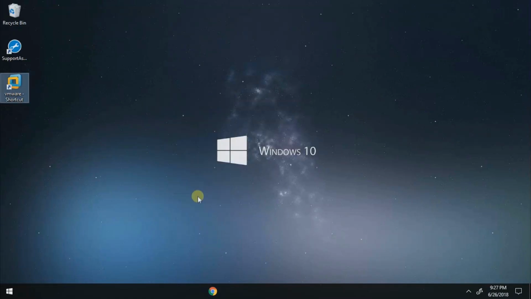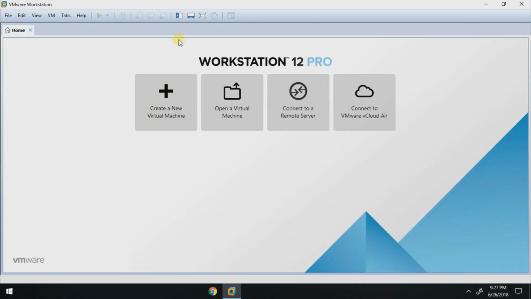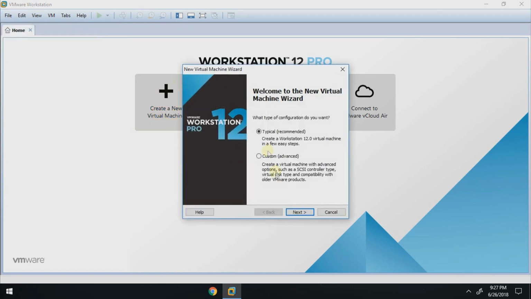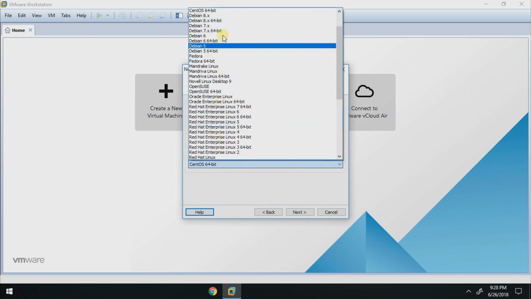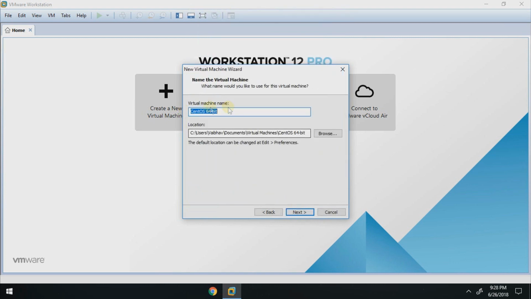First of all, open VMware. After opening VMware, click on New Virtual Machine. Now choose Typical and click on Next. Choose I will install operating system later, then Linux and CentOS 64-bit. Next, name your virtual machine. You can give any name you want. Click on Next,